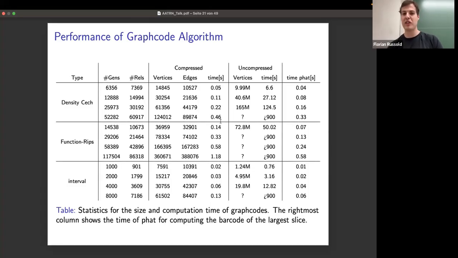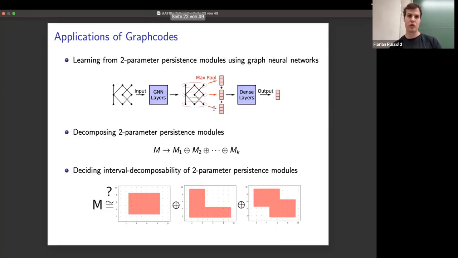So this hopefully convinces you that indeed these compressed graph codes can be computed very efficiently. So now I want to come back to applications of graph codes. And I've already spoken about our main application of using graph codes to learn from 2-parameter persistence modules using this graph neural network pipeline. But finally, at the end, I want to demonstrate that also not only machines, but